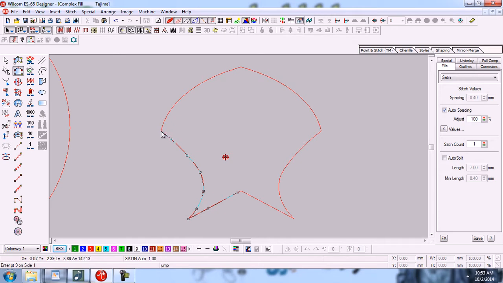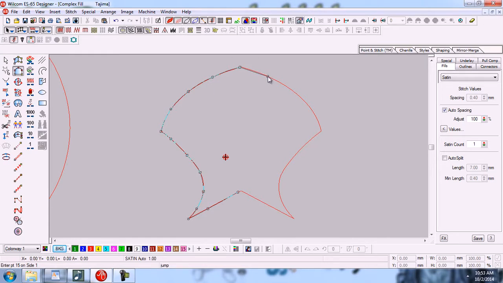and here is the corner, so we will press left click. Now again right click, and now here is the corner, so we will press left click, right, and left.